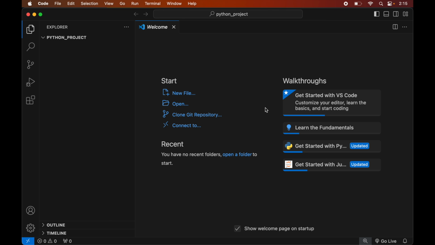In this video you will learn how to install pip in the Visual Studio Code editor, and do hit the